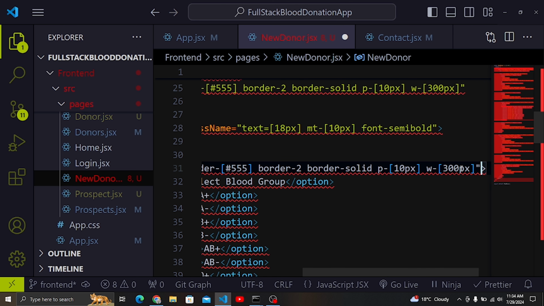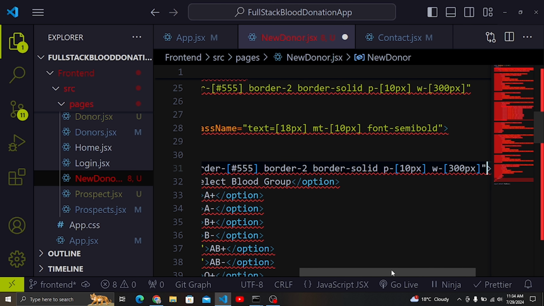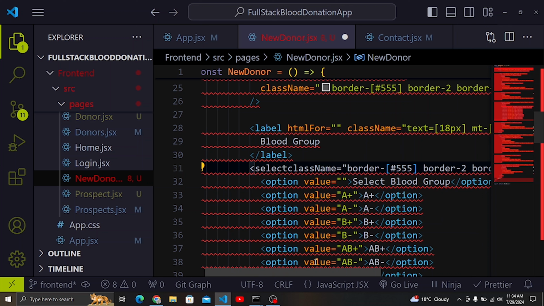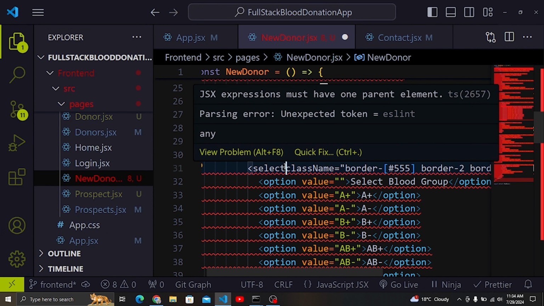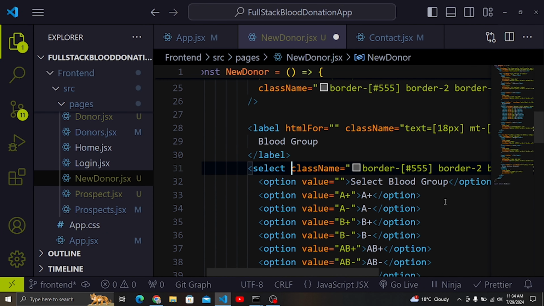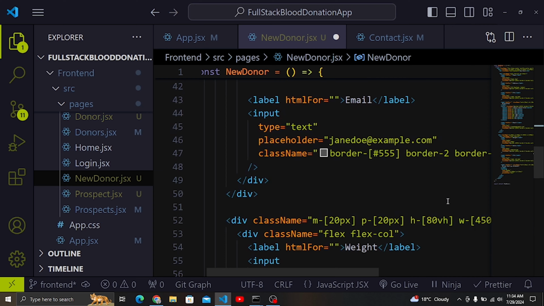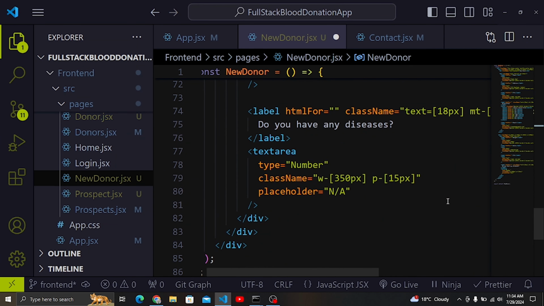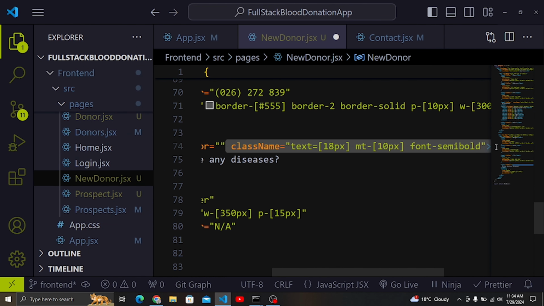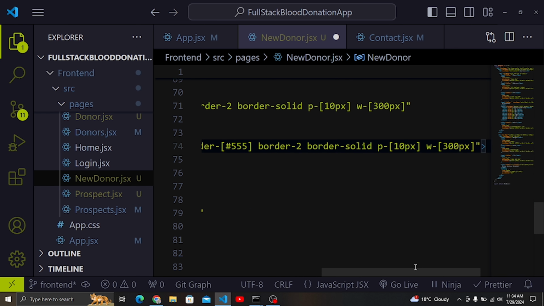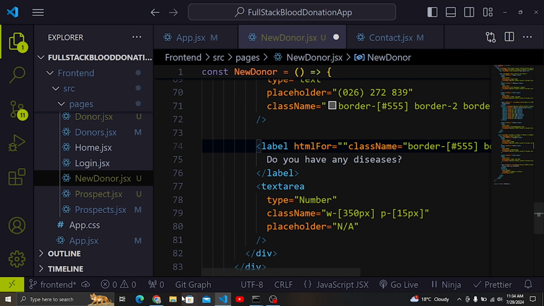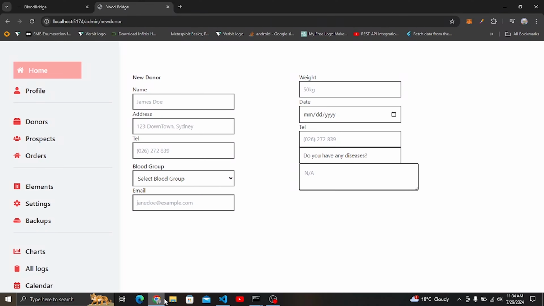I think where is the problem? I think this part here. Yeah, I think it should be like that. And also for the text area here, we need also to change this styling, and then we give that styling to be uniform. So let's see how it looks like. Yeah, I think now that's okay. But here you can see